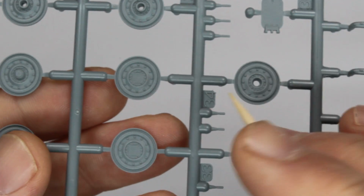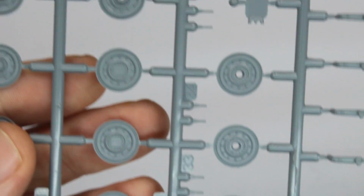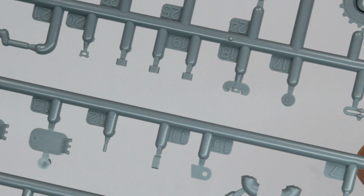Then we've got steel wheel detail. Very, very well done this. It's exceptionally well done. So this has got different swing arms for the different road wheels. Yeah, so this has got...